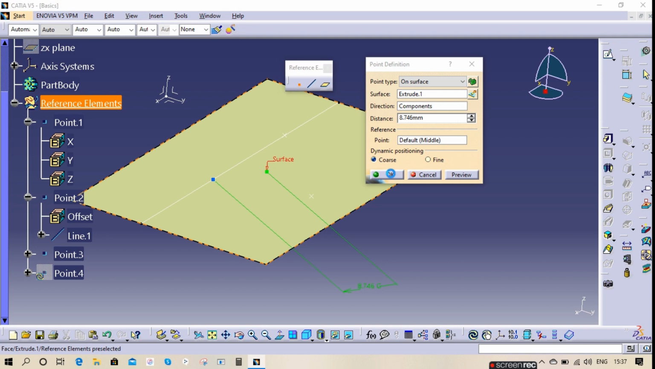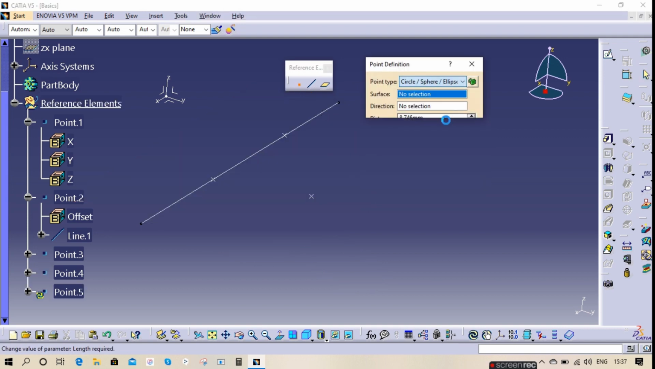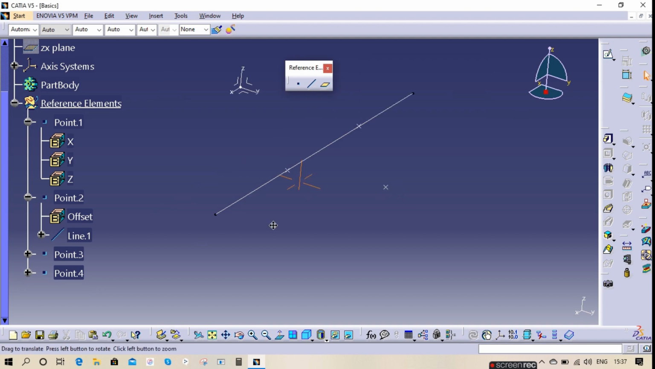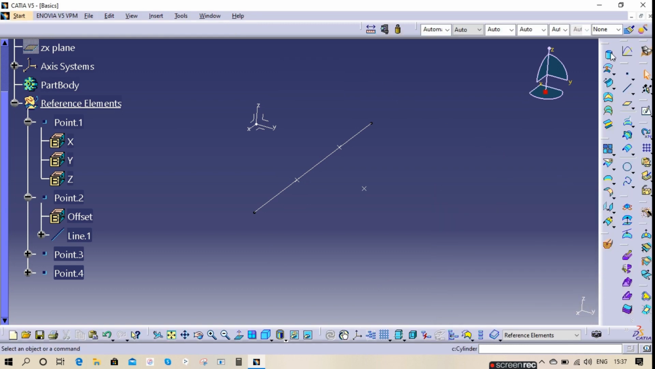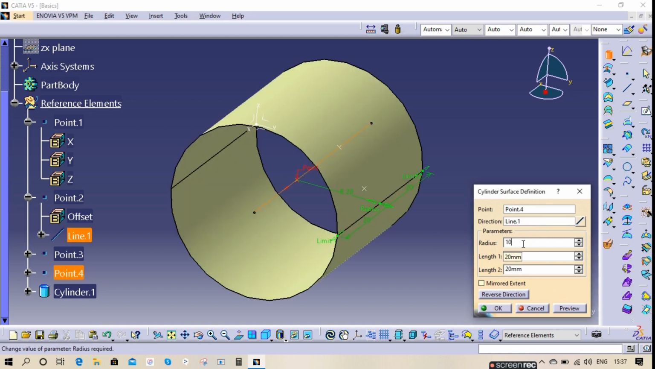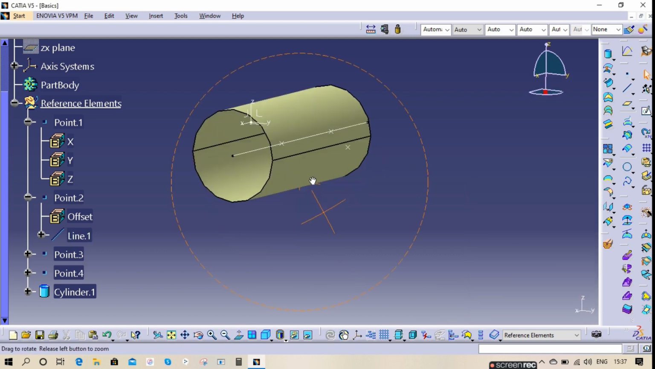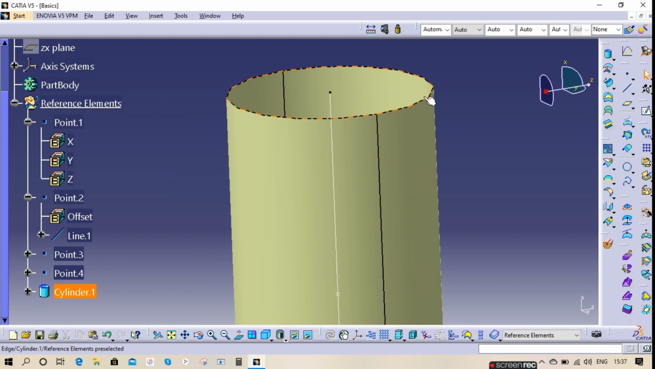We'll go to the next option: circle, sphere and ellipse. For this you need a circle or sphere or ellipse. We'll see how it will work. For that I'm going to generative shape design. I'm creating a sphere. My point is this one and this, my radius 20. If you have any cylinder like this, and if you want to find out the